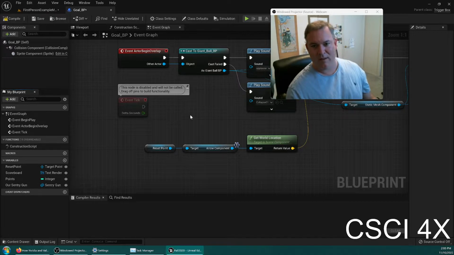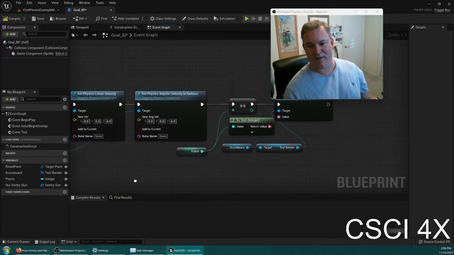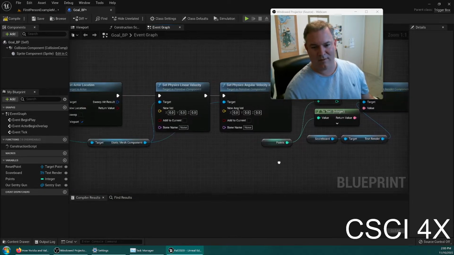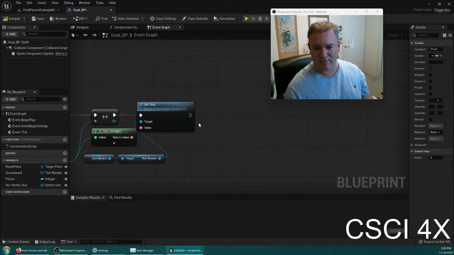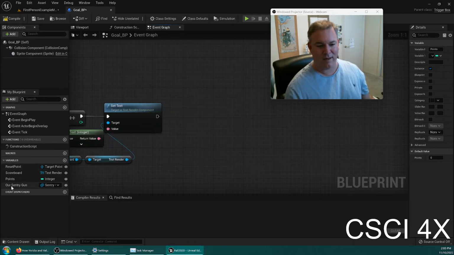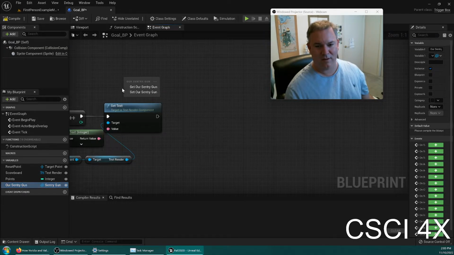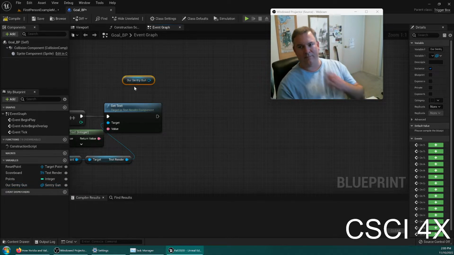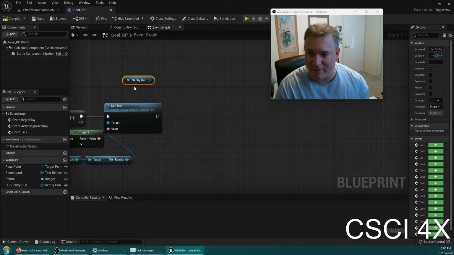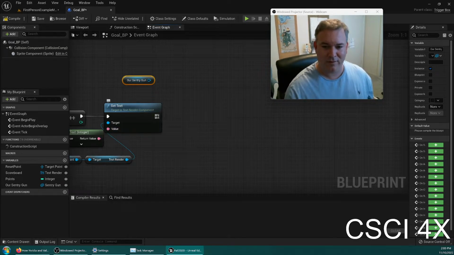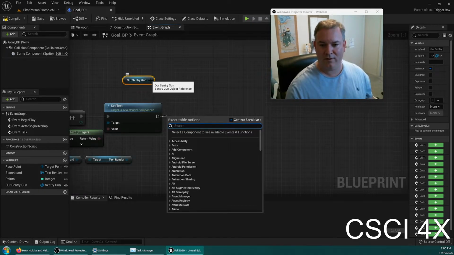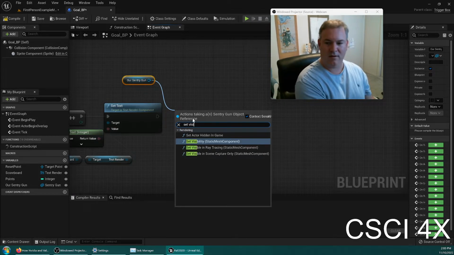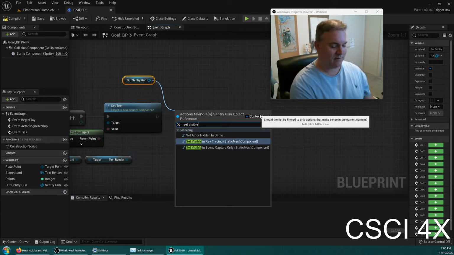And so what we're going to do is, after all this happens, we play the applause, and we update the scoreboards. We update the number of points. We set the text based on the number of points. Then we're going to hide our sentry gun. So we get our sentry gun. Now, actually, let me show you a bug that can happen from this first. Okay, so we're going to get our sentry gun, and on our sentry gun we are going to hide it. So set